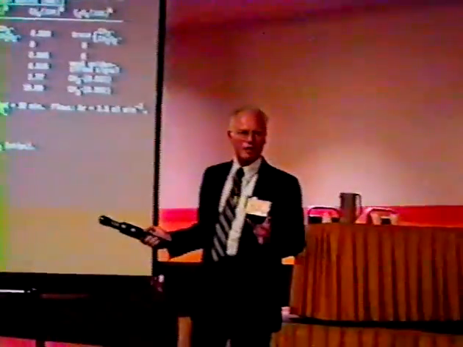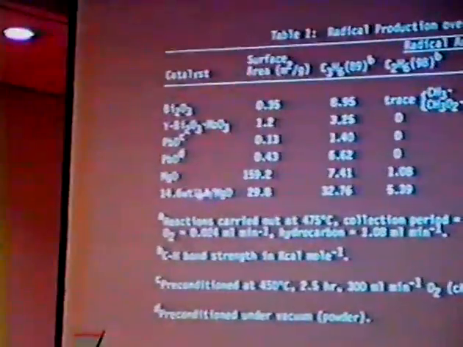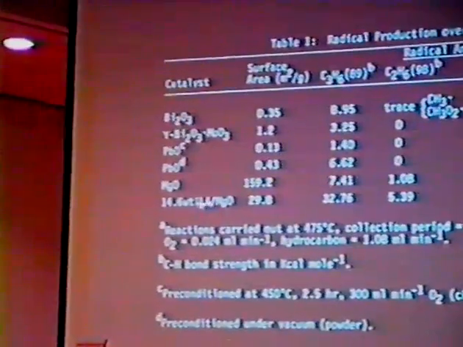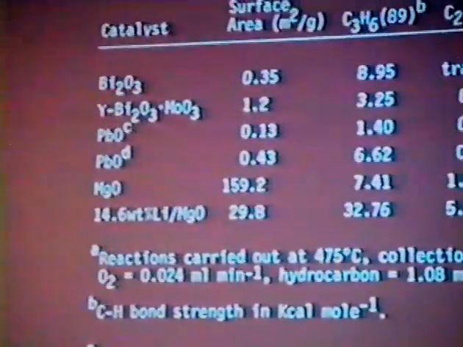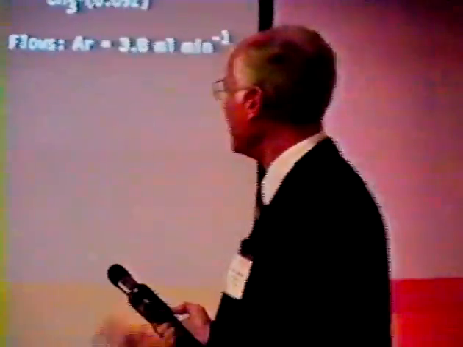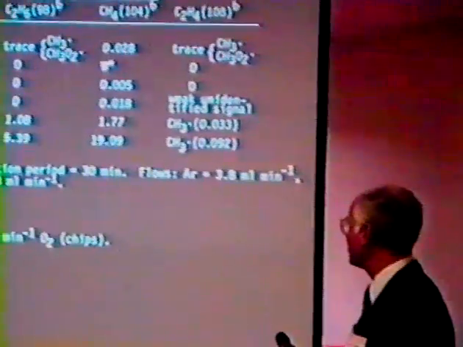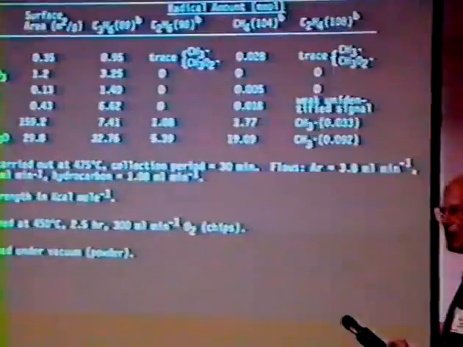And what we suggest, and again I'll amplify this a little bit more in a minute, is that there are specific types of oxygen on certain of these metal oxides which are very effective in abstracting hydrogen atoms. And this particular form of oxygen exists with the lithium mag oxide. But on a material like bismuth oxide, this specific and very reactive form of oxygen does not exist, and therefore they cannot attack a strong CH bond, but they can attack a weak CH bond.